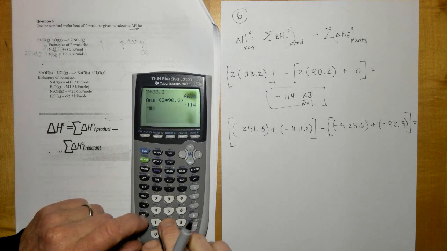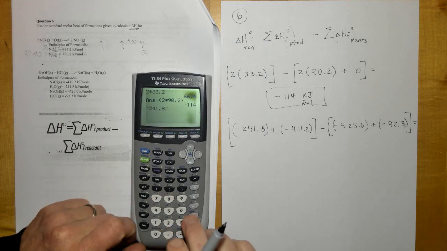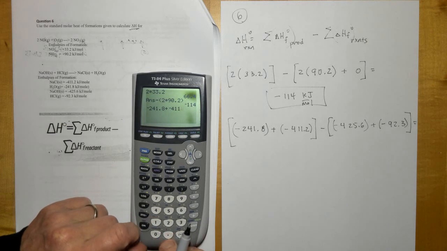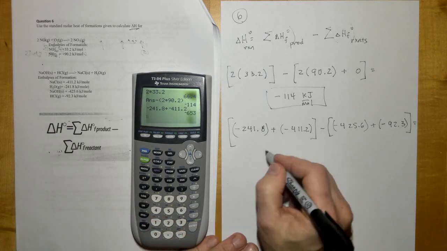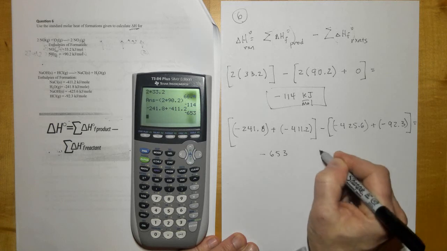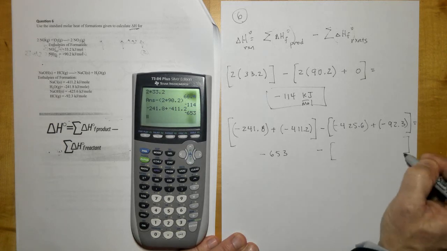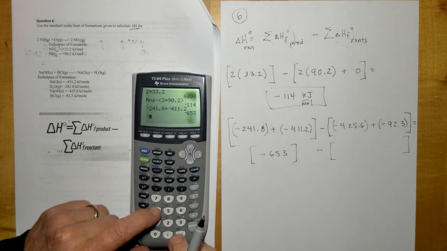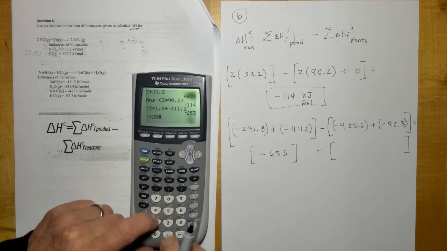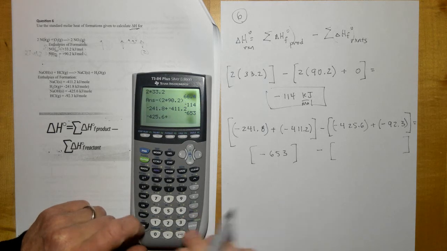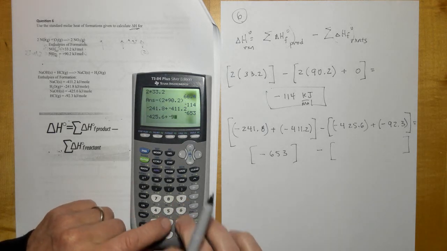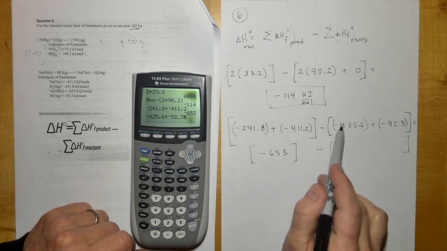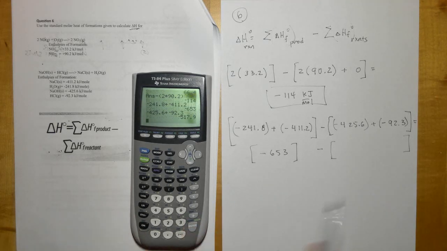Negative 241.8 plus negative 411.2. Enter. So this is negative 653 minus, now let's do this side over here, negative 425.6 plus negative 92.3. Hope I didn't miss my negatives there. There's a negative in front of every single one of these right here. And so that's negative